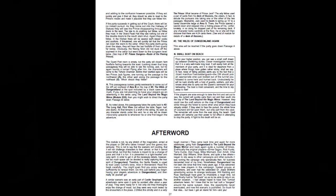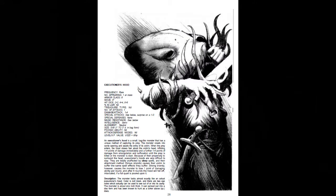And the rest of the module is basically an afterword where the author, Gygax, describes what had happened when he had all the other playing characters playing it. There's only a small little thing about that. They say that they introduced Dungeonland and also the sequel, The Land Beyond the Magic Mirror,